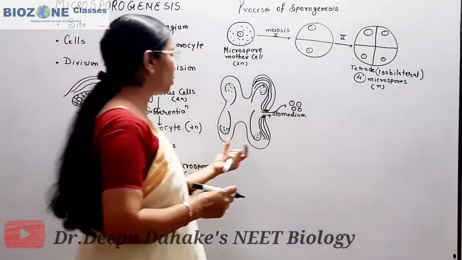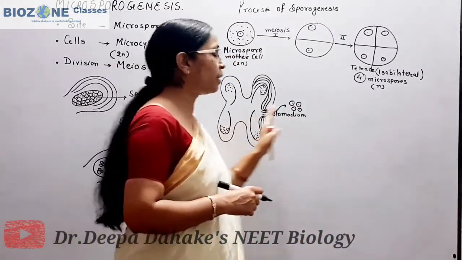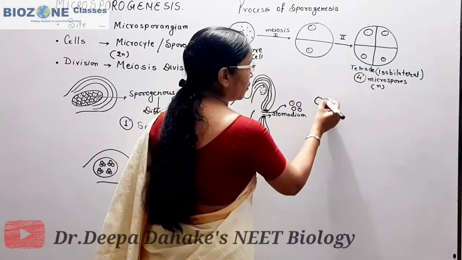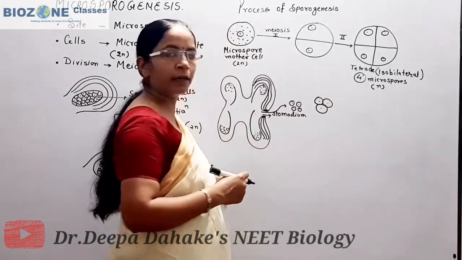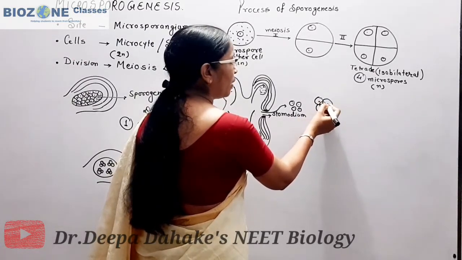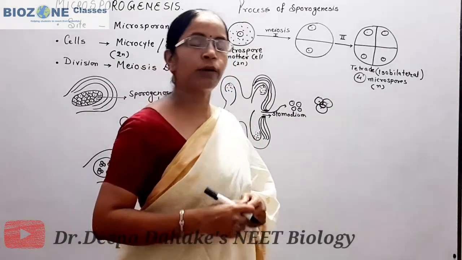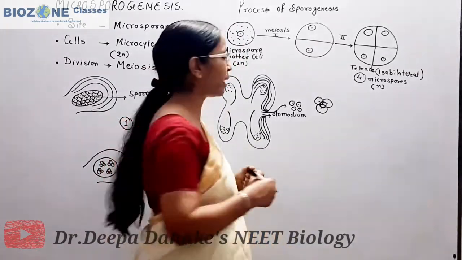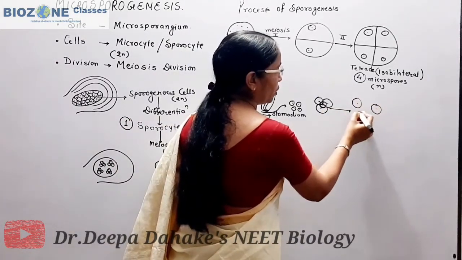Inside the microsporangium or anther, microspores are present in the tetrad stage, but when they come out of the microsporangium from the tetrad, this is one common type of tetrad, a tetrahedral shape. The three microspores are present at the dorsal surface and the fourth microspore is present at the ventral surface. So at one surface you see three microspores and at another surface a single microspore. These four microspores get separated from each other.